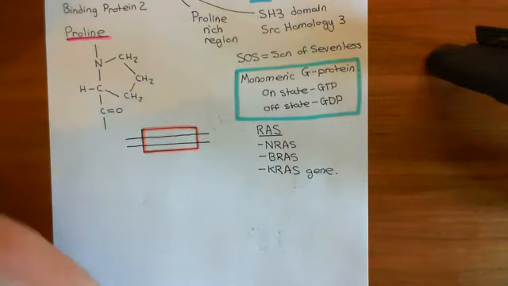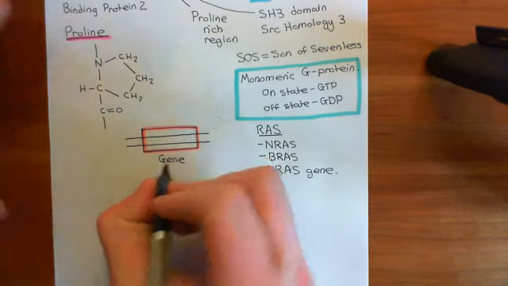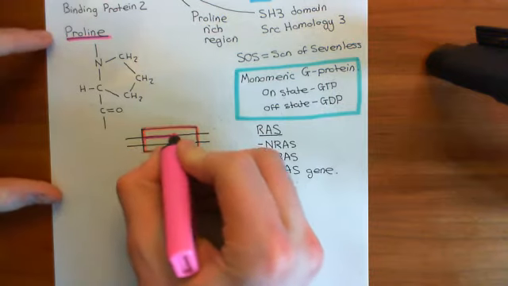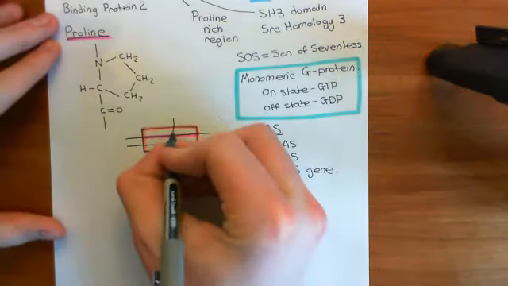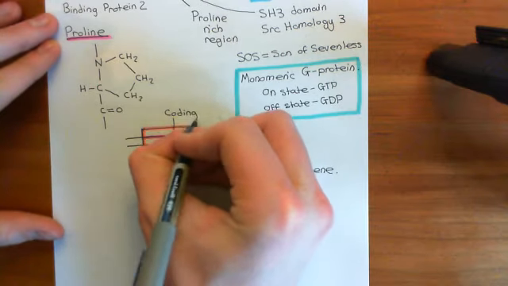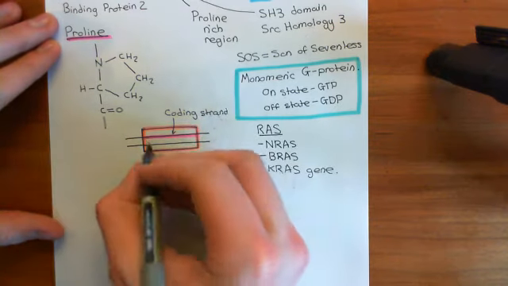Okay, now one of the strands of this gene will be what's known as the coding strand. So I'll colour this in purple. This strand that I've now coloured in purple there is the coding strand of the gene. And this is the strand basically that will be read by the RNA polymerase II enzyme to produce a piece